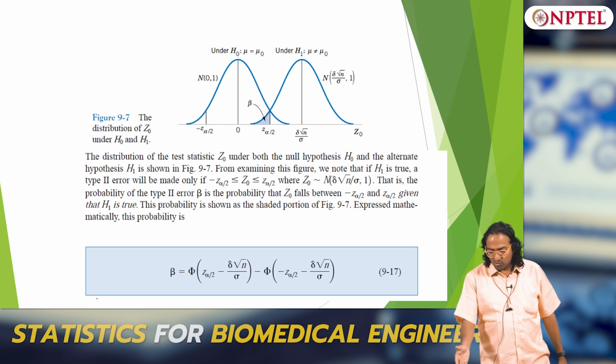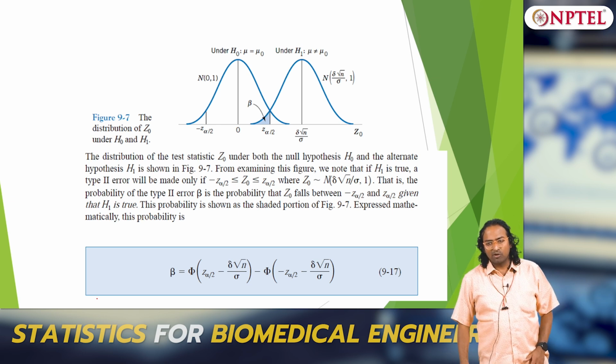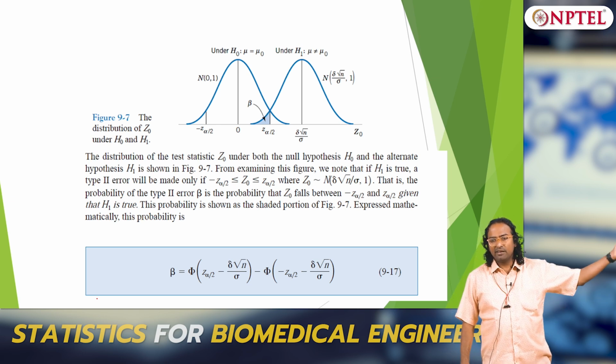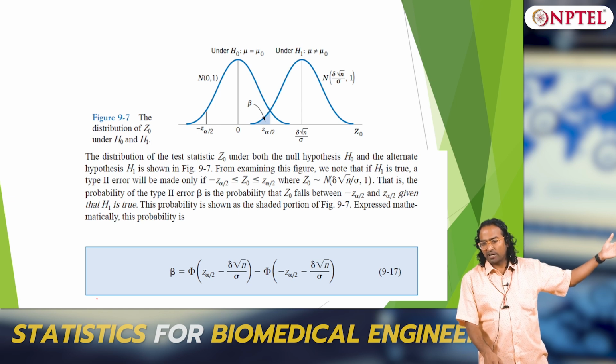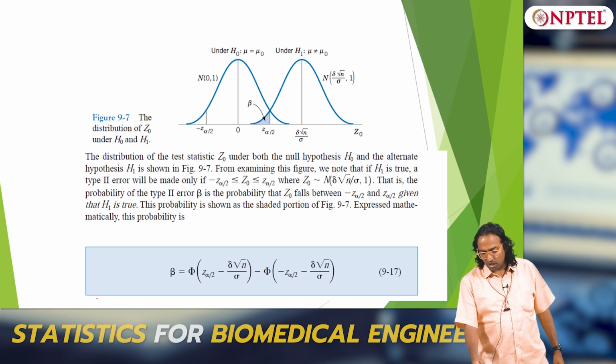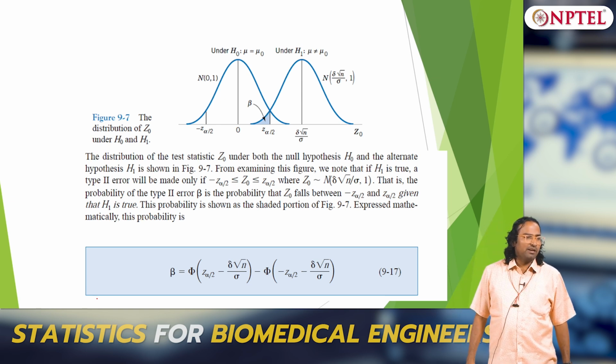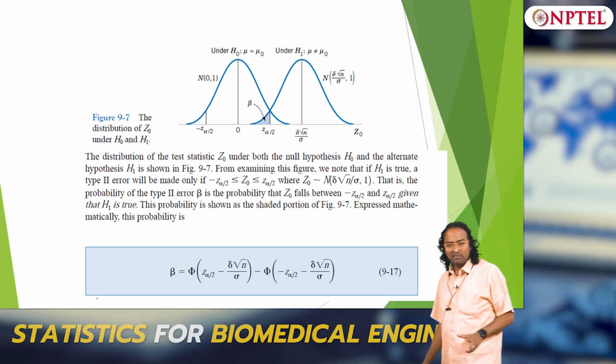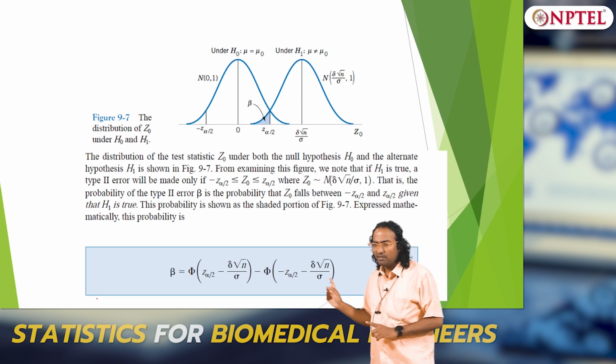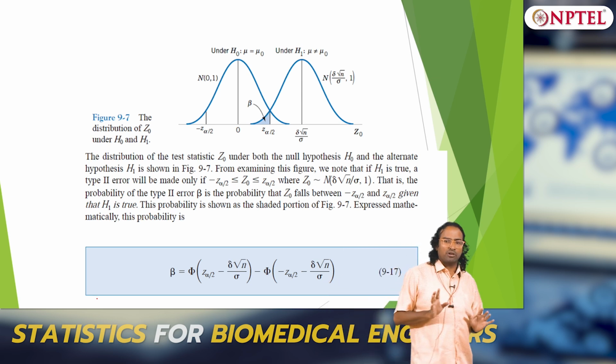If delta is positive, this curve is true. If delta is negative, I will have it in the left half. So mu will be equal to mu naught minus delta, then this will be my center and the curve will be on the left hand side. Clear? Is it making sense, everybody? This is very important, this is the conceptual understanding.